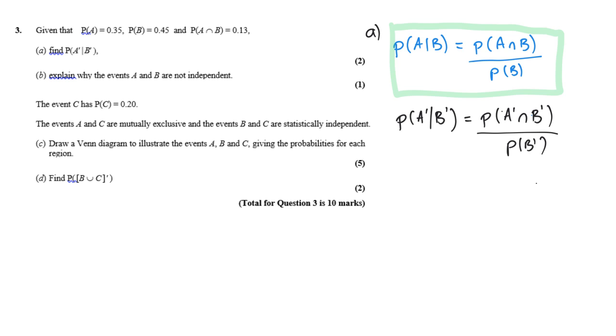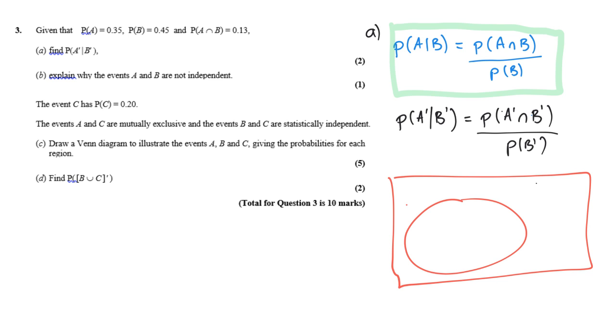So the quickest way to get that information is to draw a Venn diagram, which won't take too long. So starting with the big box for the outside, I'm going to draw a circle for A and a circle for B. And I'm going to write in all the information I know. I know that the probability for the overlap, A and B, is 0.13. So the probability of A on its own and not including B will be 0.35 minus that, so 0.22. And the probability of B on its own without any of A will be 0.45 minus 0.13,